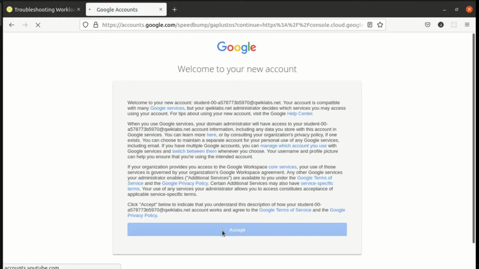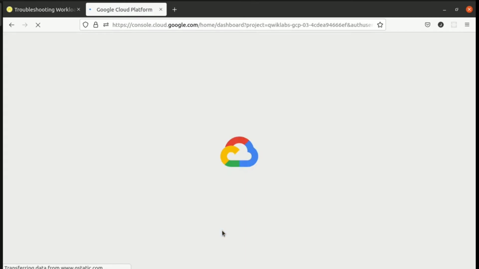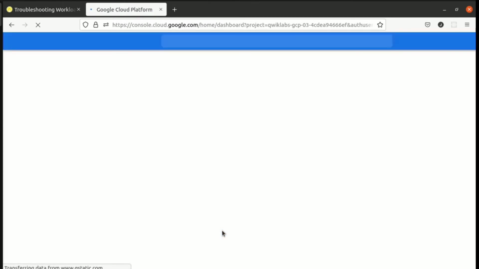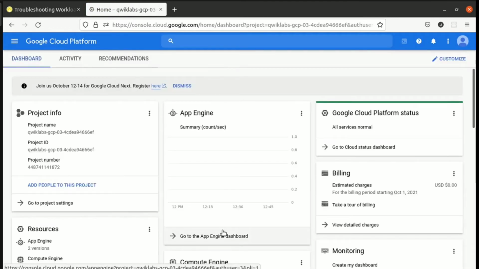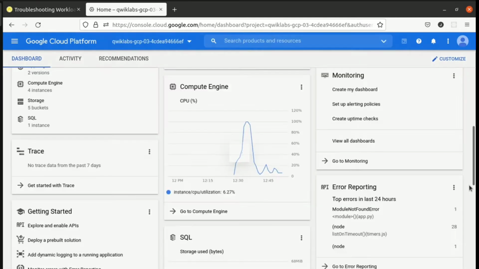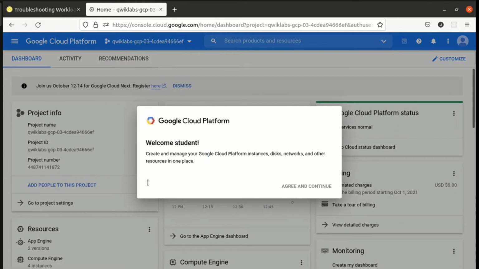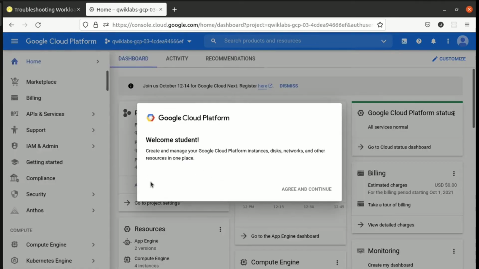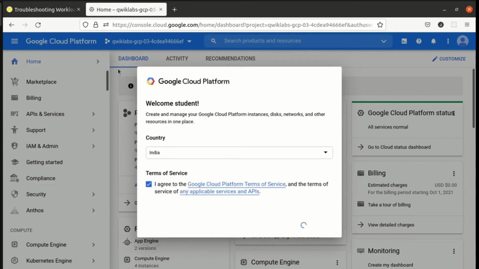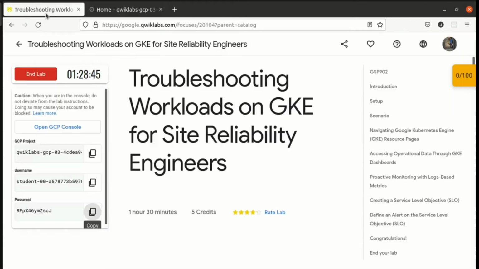And these are some of the Google terms and agreements which we have to accept, guys. Okay, we are over here in the GCP console. So let's start. Now an agreement will come, we will sign it. Here, let's agree to the terms and conditions, guys, and let's start it.